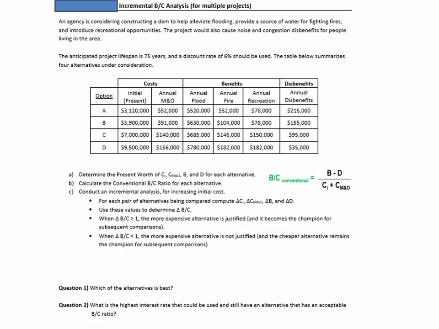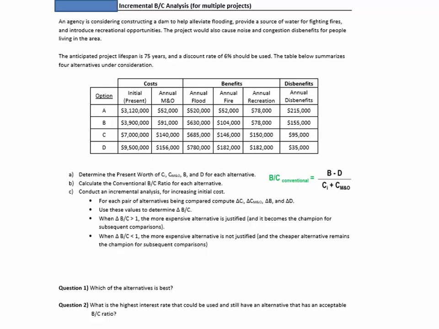So what I'm asking you to do as your first step, step A here, is find the present worth of everything for each alternative. And then step B is find the B to C ratio for all four alternatives. And then part C is really the meat of today's exercise. It's where you're going to calculate the increment. So find the difference in the costs, the difference in the overall benefits, the difference in the disbenefits from one